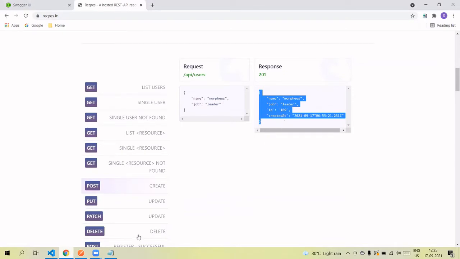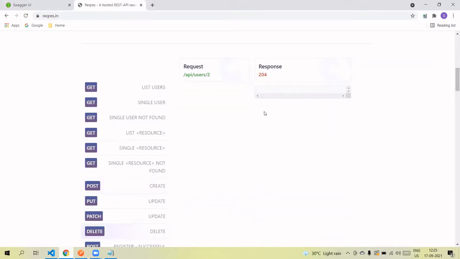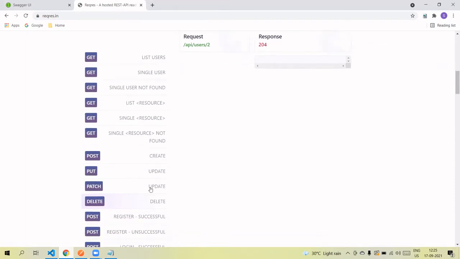And then we have another API where, after adding, we want to delete the user. For that, we need to pass the ID of the user. So sending the request, I will create a user, I will get the ID. Then in the next delete, I will use the same ID to delete the user. In this way, we can verify both methods, POST as well as the DELETE method.